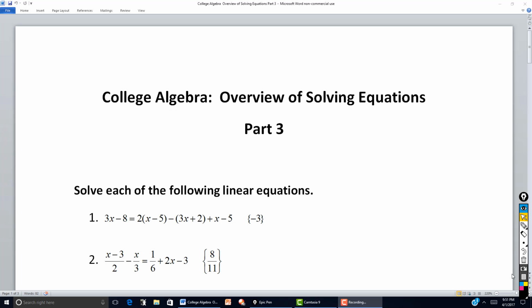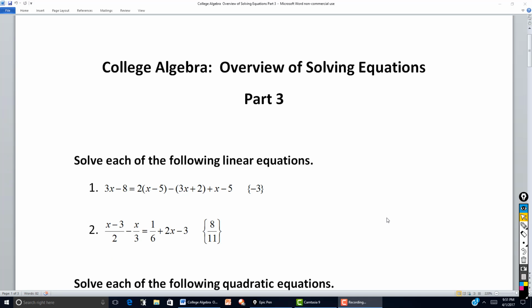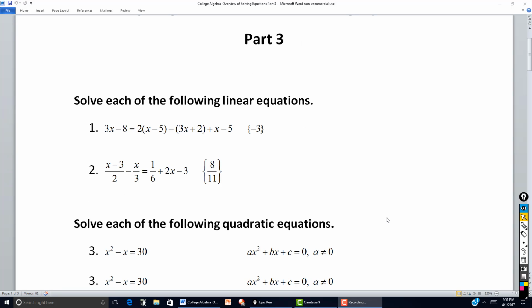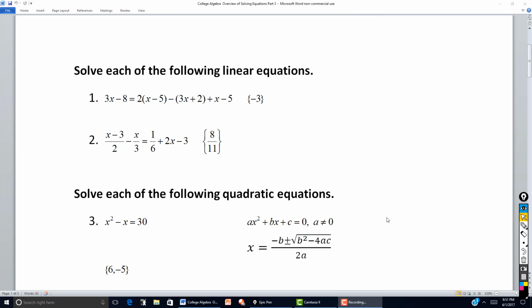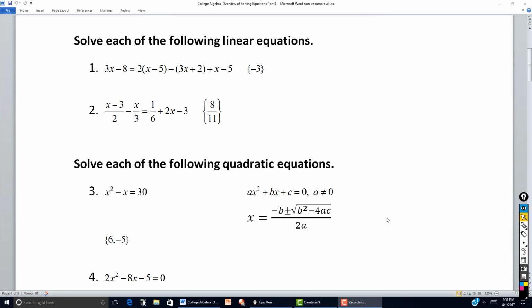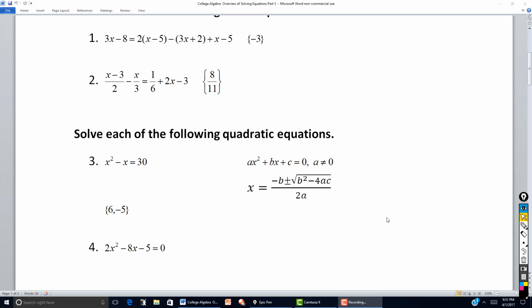In this video, I'm going to continue with the overview of solving equations. Just to remind you, in the first two videos, we looked at linear equations. So I'll go through and show you these are the ones we did. In the first couple of videos, we went through linear equations,